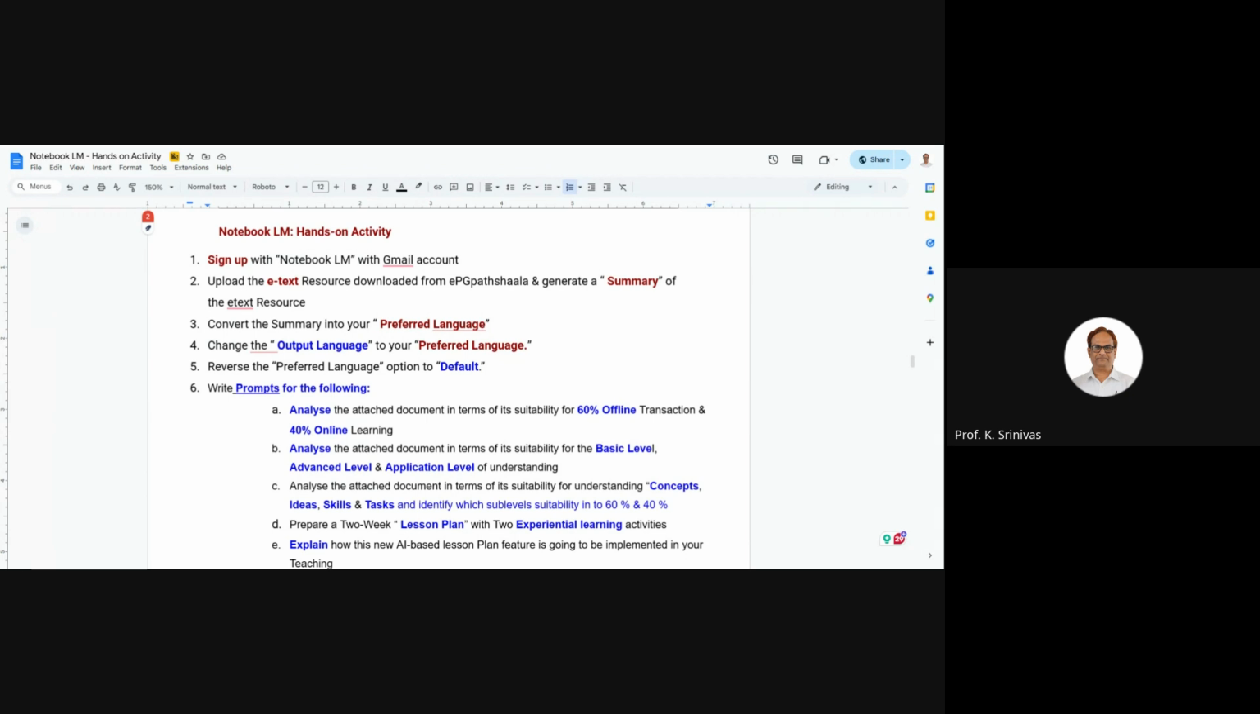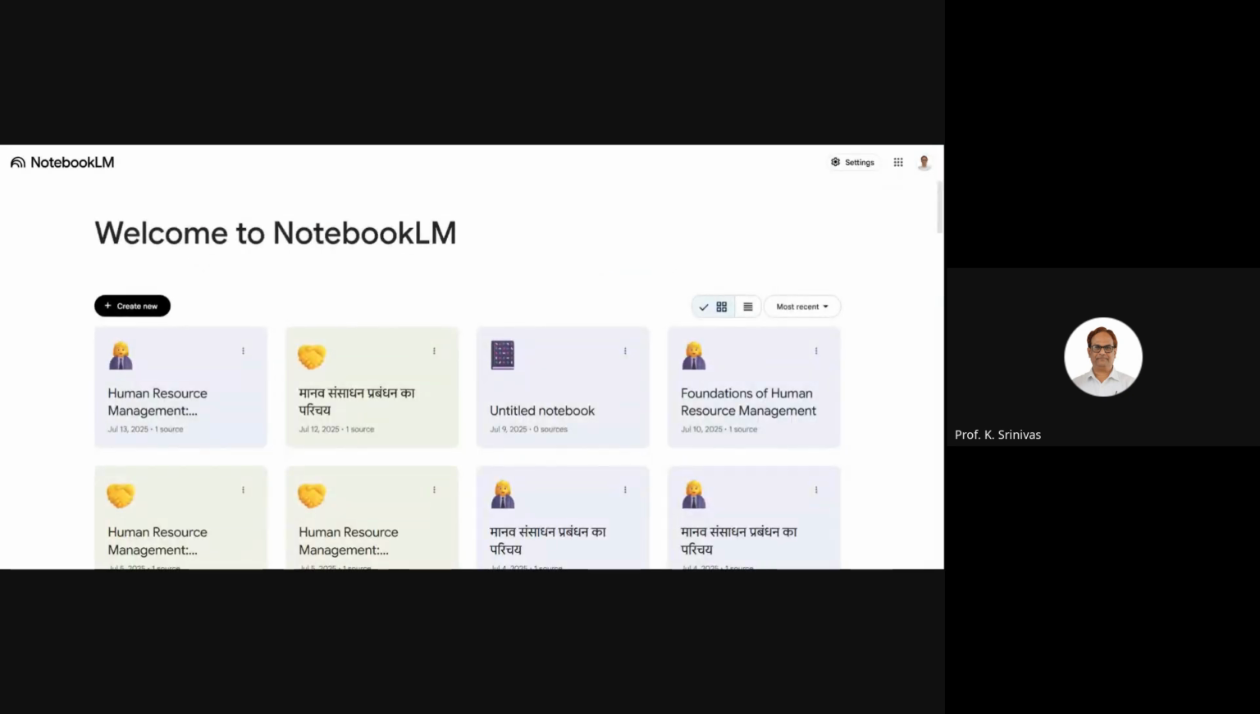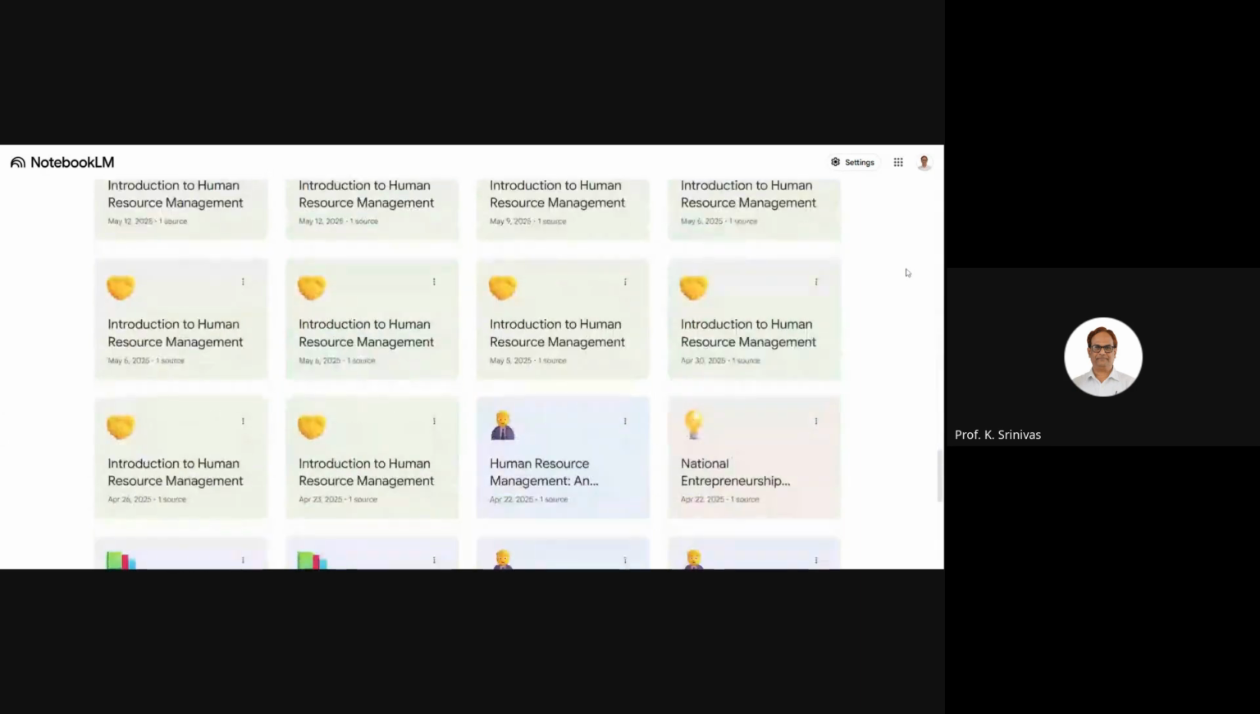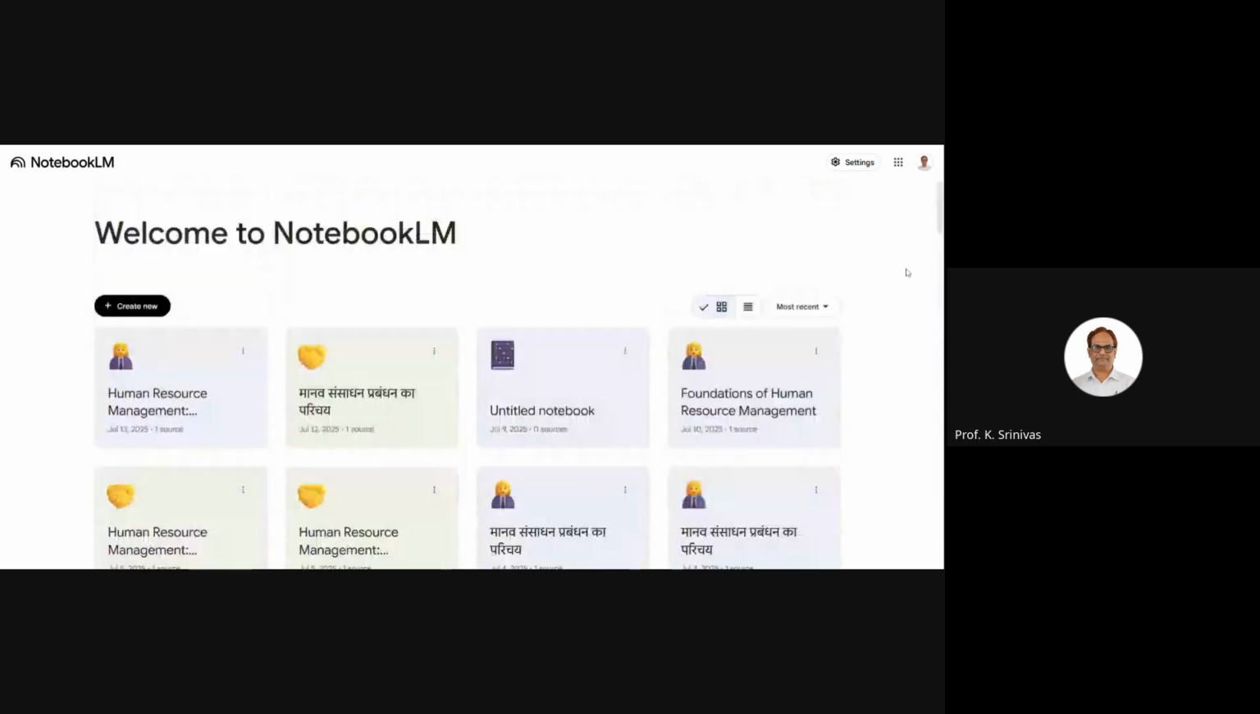So in my case also, I have done it. I have done my Notebook LM, and so this may be the case. You may all be watching it. Okay. And now you can see in my case there are so many notes I have created. So the first point is